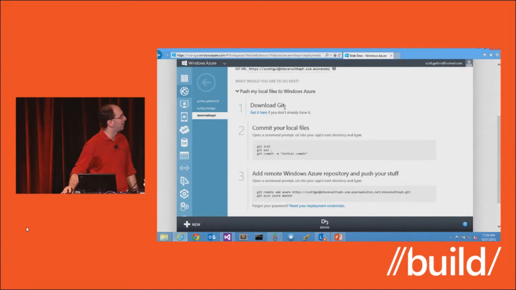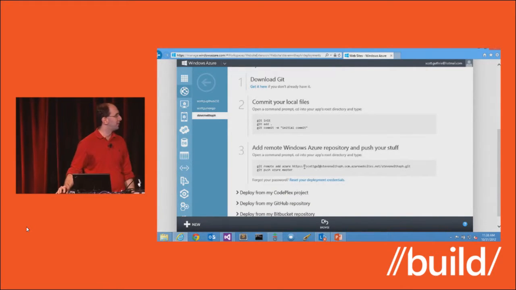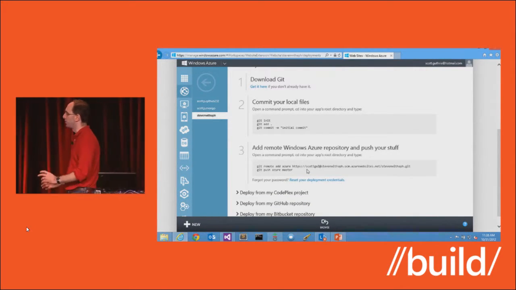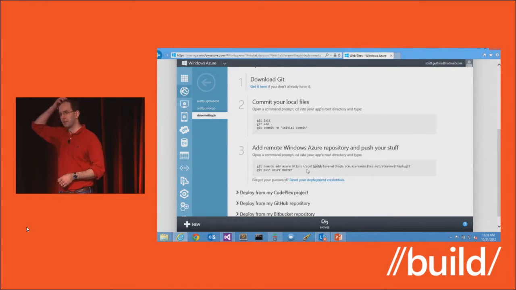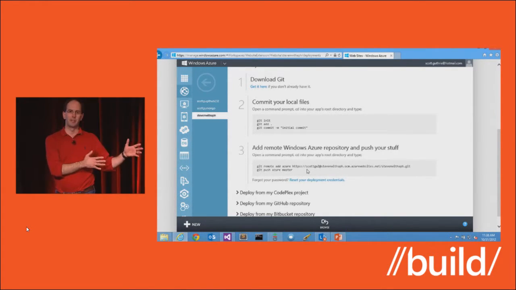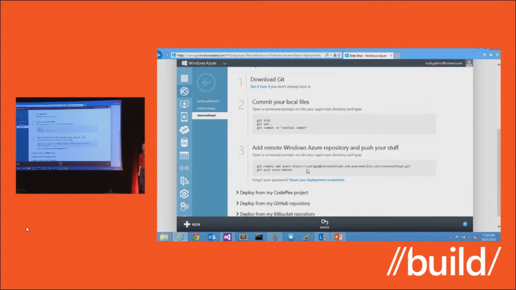So if I basically create a project, you just say git init, git add the file, commit it, just add a remote that points to that website, and you can just do a git push Azure master, and that'll automatically deploy that particular file or that site up into the cloud. So pretty easy to do. Has anyone seen that demo? A few people. One person has. Okay. Well, if only one person's seen it, then I'll do it.